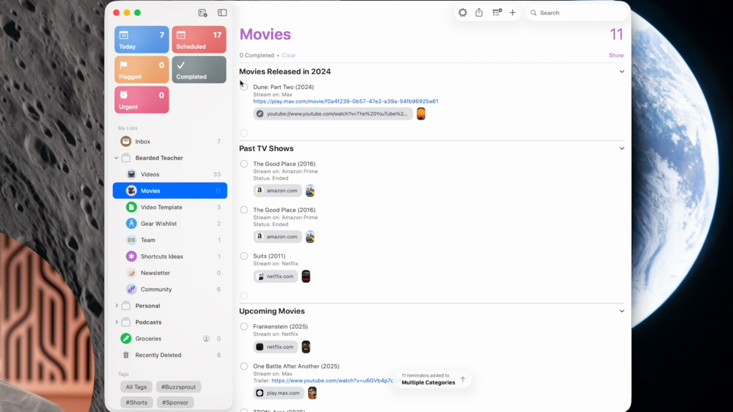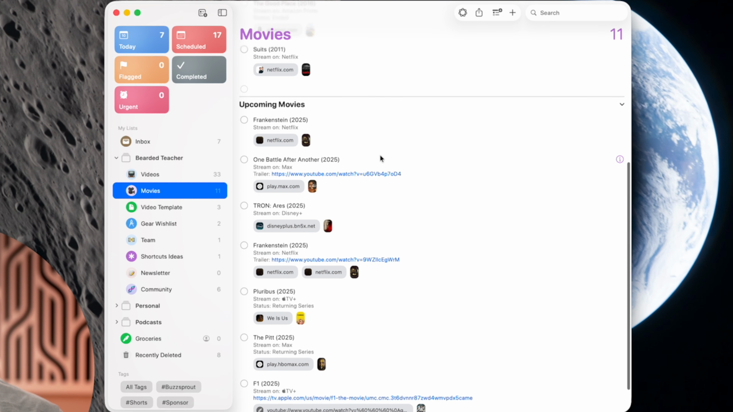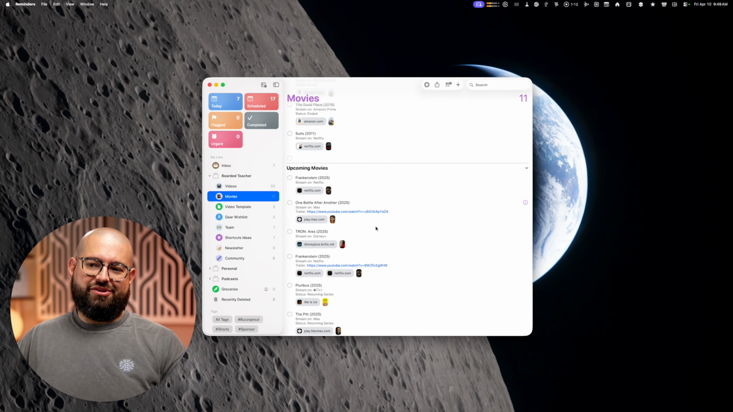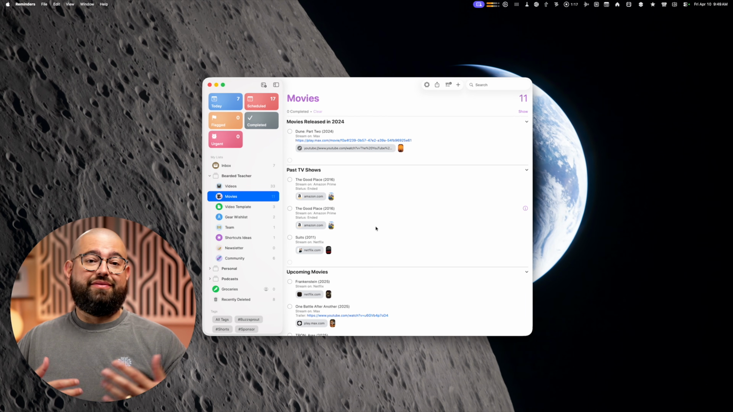But you'll see that quickly, movies released in 2024, TV shows, and upcoming movies, which Apple Intelligence has a little dated knowledge, so these movies already came out. But it'll auto-categorize, and if you have things like grocery lists or tasks, it actually does a pretty good job